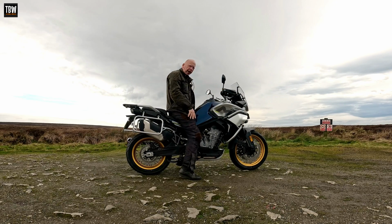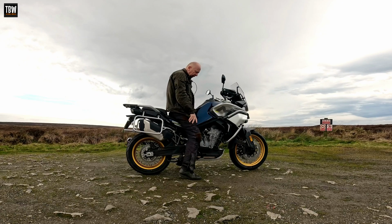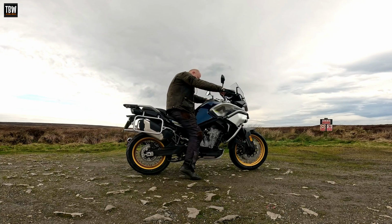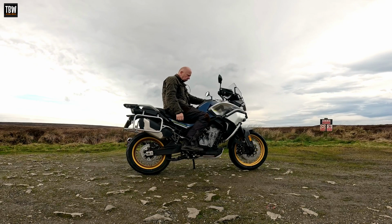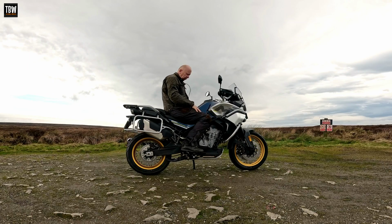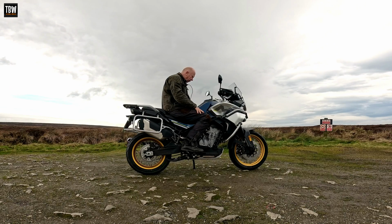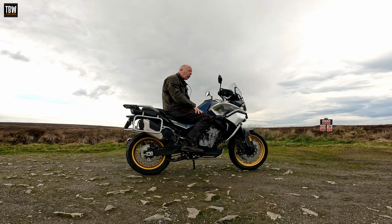And at 235 kilos in weight on this bike, pretty manageable. I tend to think that my upper limit's about 220 to 240, so 235 right in the sweet zone with this bike. And as you can see, the riding position is a typical adventure touring riding position. Not too much stretch at the arm, almost level, about 90 degrees at the leg, all day comfortable. Decent sized pillion seat, a rack that comes as standard, and yeah, if you're in the market for a midweight adventure bike and you're not wanting to spend a fortune, then this would have to be on your list of